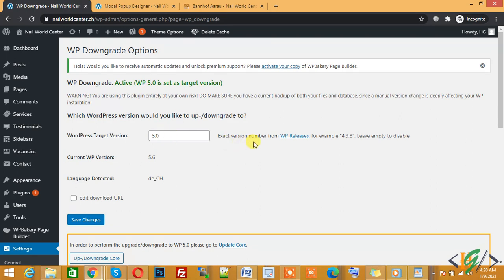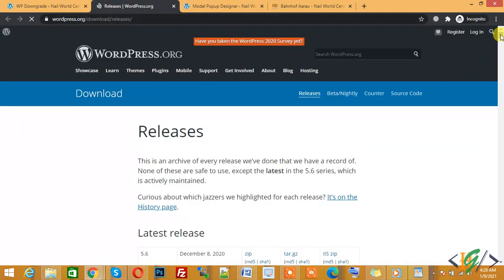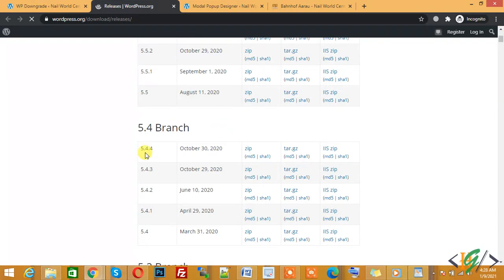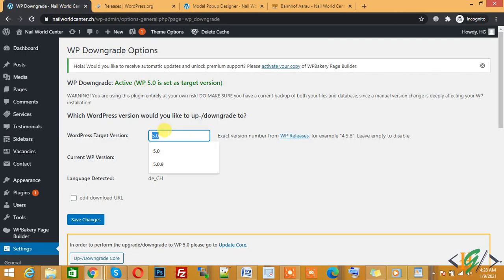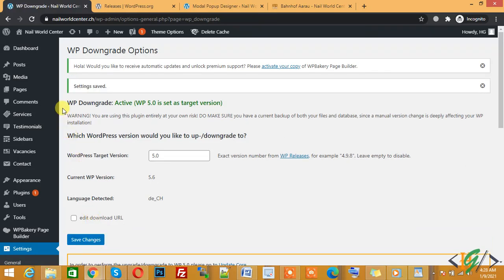You can find the exact version number from the WP release page. This is our release version number here. You can select any and write it here, then click on save changes. Basically, we are downgrading the WordPress version. Now settings are saved, and now go to dashboard updates.